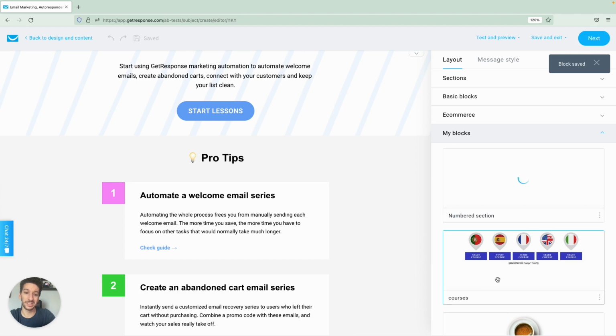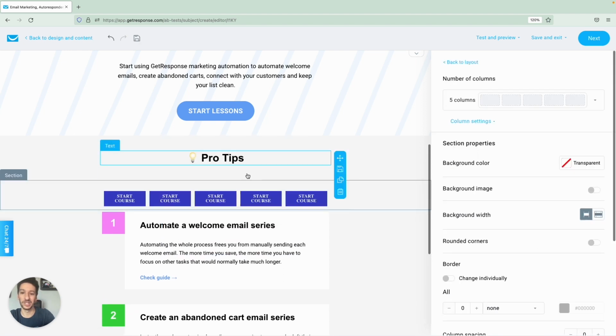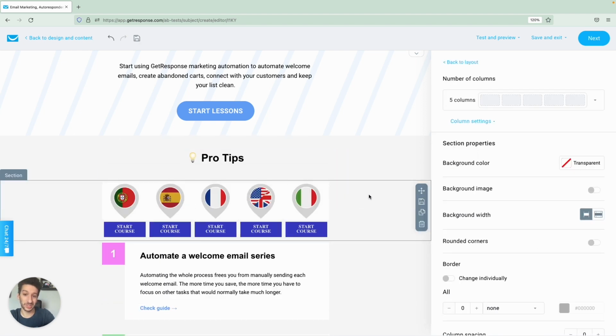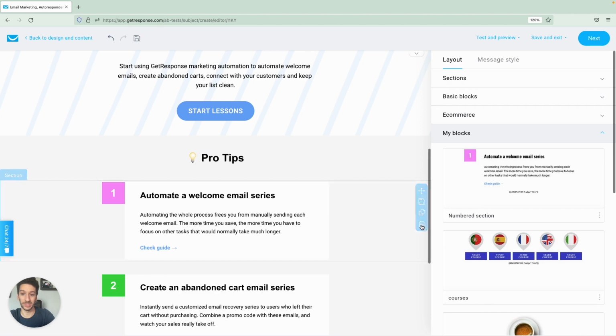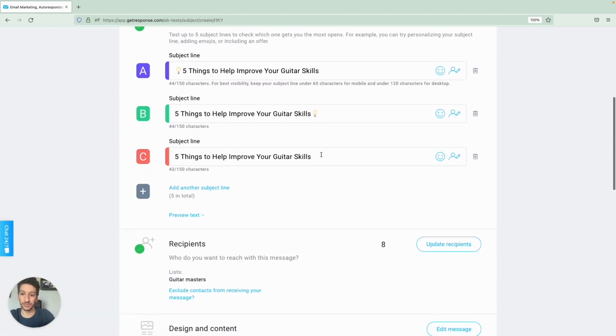And as you can see here, I have something for a language course too that I have, and I could just drag and drop that here. So something for you to consider. This can be extremely useful and can save you tons of time, right? All right, so with that out of the way, what we do now is to click next, and we will